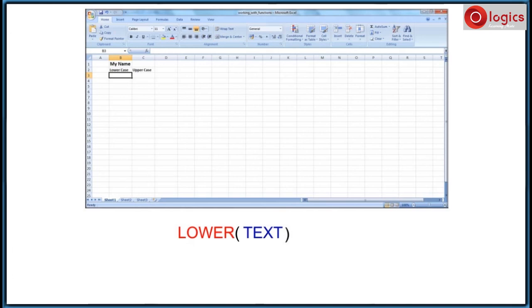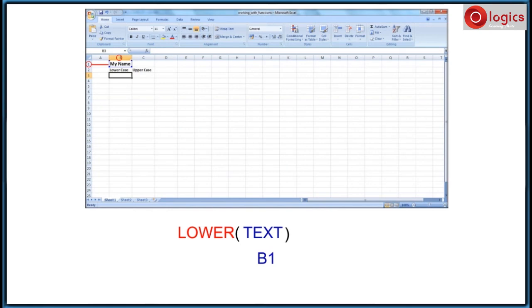This is the syntax of the LOWER function, having only one parameter, and this parameter takes text as input. Here I would like to convert the text in cell B1 into lowercase. So here my function is LOWER of B1.